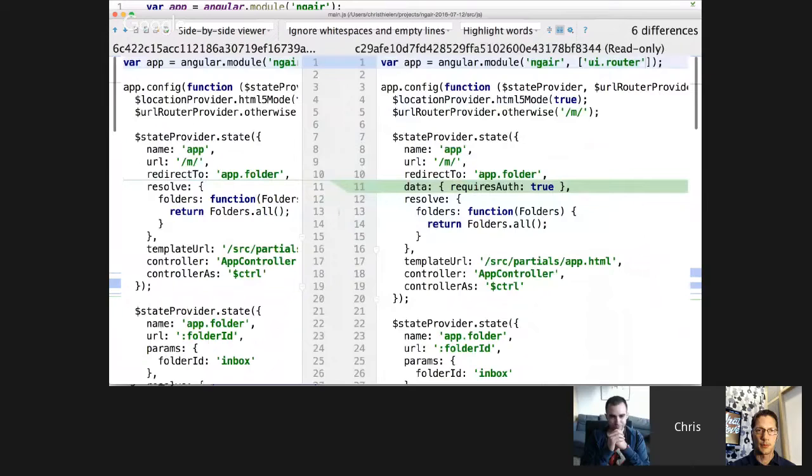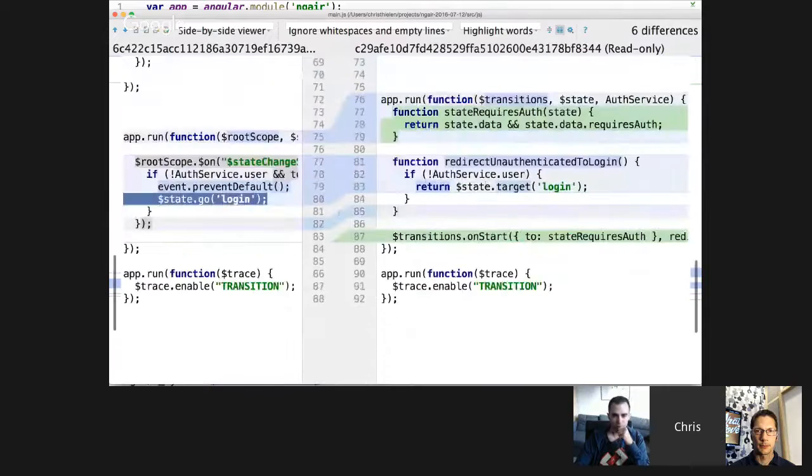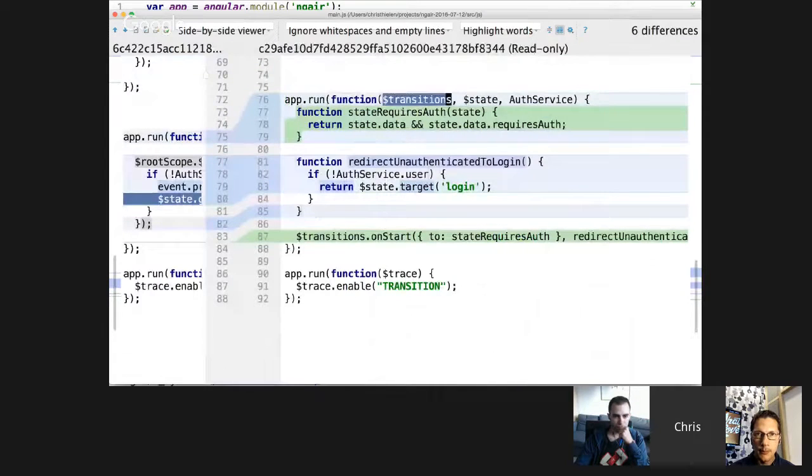We replaced this with a custom hook that says any state that requires auth is true. This is just my logic now. I am going to perform the authentication check using a transition hook. This is a new feature of UI Router 1.0. It's like the state change events, but it fully supports promises and asynchronous operations. So in this case, we're doing the same thing. The difference is we're saying we only want our authentication hook to take effect if the state that we're going to actually requires authentication. So this is a criteria object that has a callback function here that says,